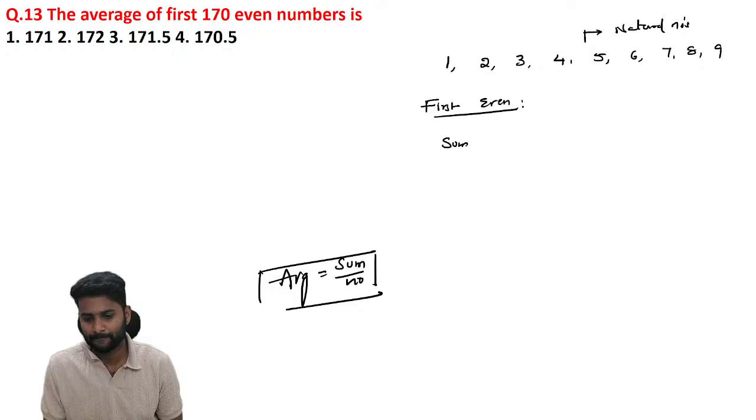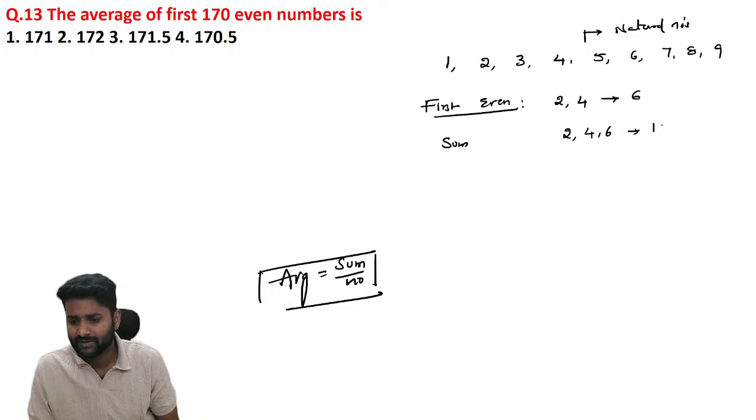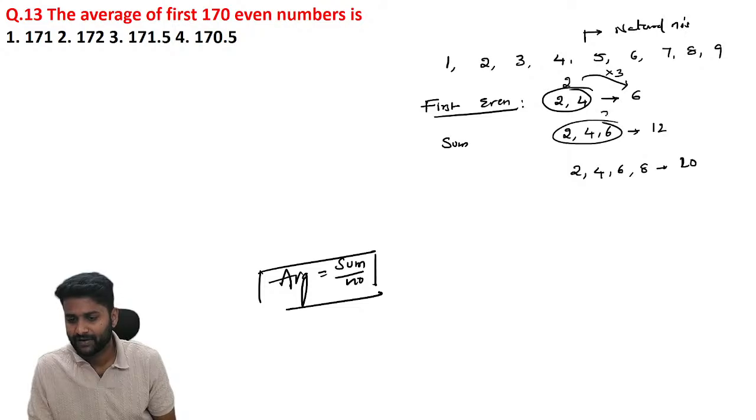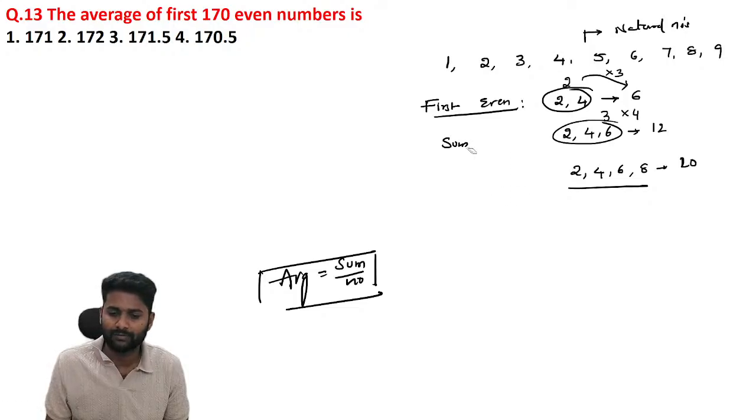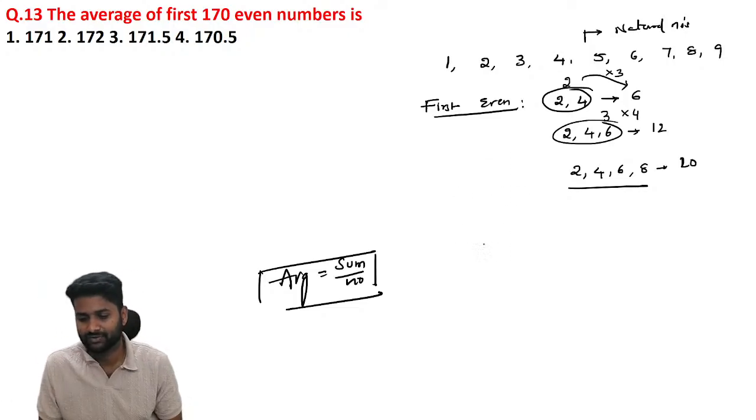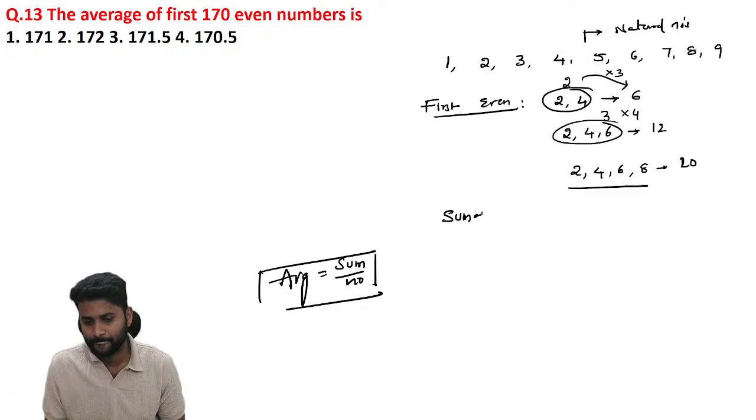Let's focus on sum. If you take 2 and 4, what is the sum value here? 6. If you take the first 3 even numbers, the sum value is equal to 12. If you take 2, 4, 6, 8, then the value becomes 20. So if you observe here, if you consider two numbers, then the answer becomes 6, so you should multiply 3 times. If it is the first 3 numbers multiplied by 4, it becomes 12. In the same way, if you take 4 numbers and multiply it with the next number, then it becomes 20. Means the sum of first n